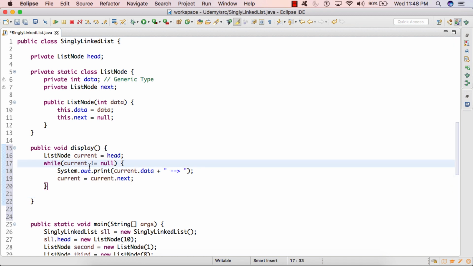And once the current is pointing to null, we know that we have reached the end of the singly linked list. So there are no more nodes left to be traversed. So in the final step we will simply print value as null.